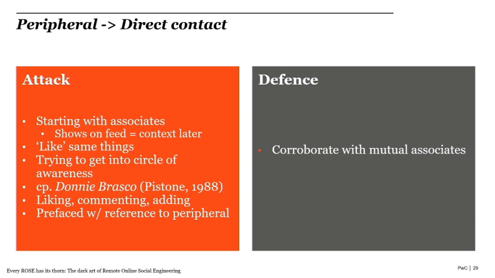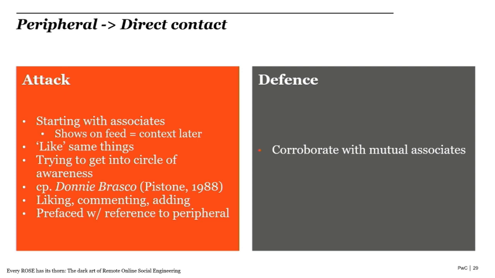And this has parallels with examples of real-life deception. So something like Donnie Brasco, for instance, which was an FBI agent going undercover in the mafia for 6 years. He didn't start out by going to mafia-connected bars and nightclubs and talking to mafia-connected people. He started by just hanging out at those places so that his face could be seen. He then started talking to, say, the bartender, because he knew that the bartender would know the mafia-connected guys. So there's something there that he can reference later on.